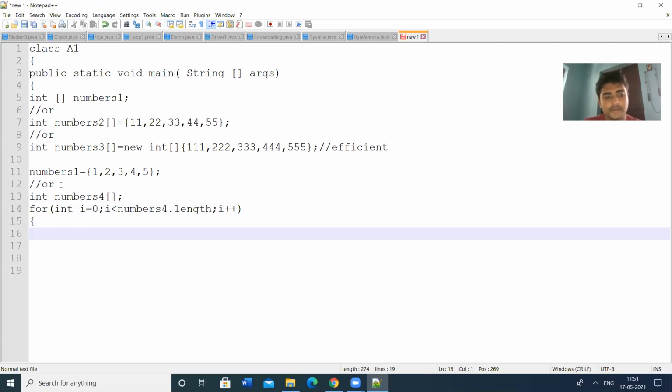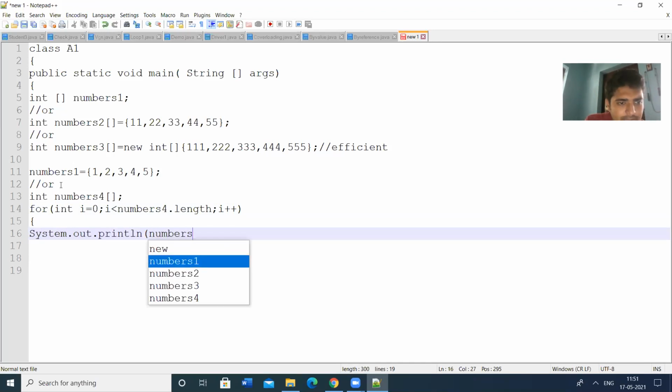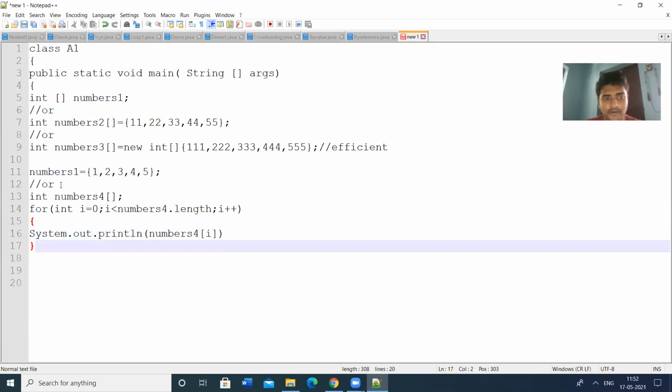So this is a for loop. Here I am going to give the value, System.out.println numbers 4 of i. So I am closing the for loop. I am assigning the values for the array numbers 4.